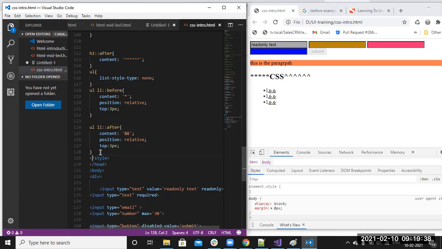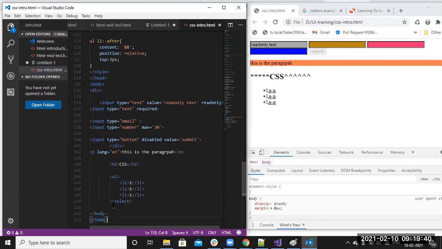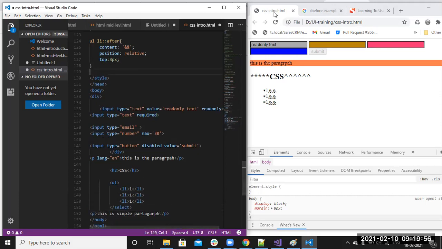After that, we have one more. That is P. This is a simple paragraph. And now I want to make the first letter, T, bold, and I want to increase the font size also.